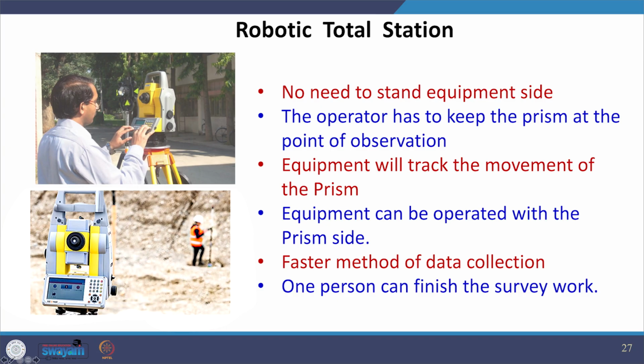So, as you are moving with the prism pole, the instrument is tracking the movement. For example, this is a prism pole and the instrument is tracking its movement, and you can trigger the instrument with the help of the remote control, and the instrument will record the data of that particular point. So, this is again a very fast method of data collection, and you require one person to operate